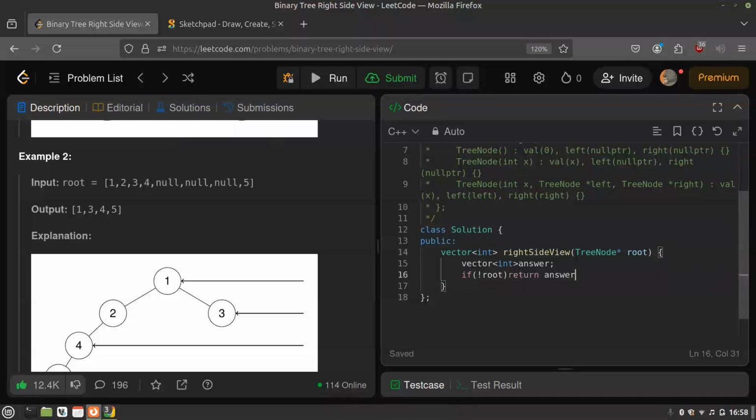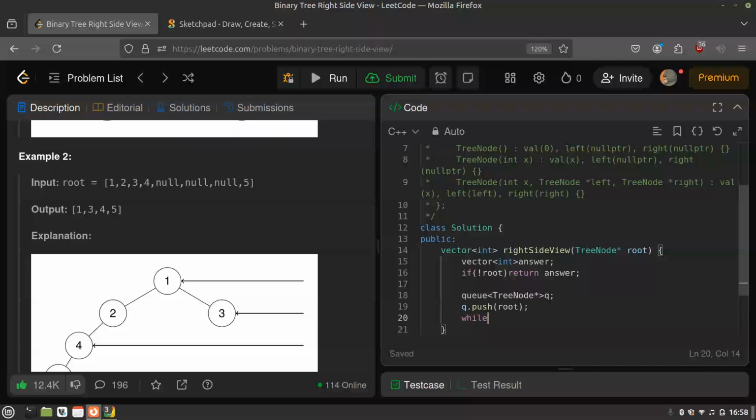This is an edge case. Solved it. Now we have to define a queue. The queue will hold tree nodes because we need to get the left and right subtrees, and that can only happen with the pointer. Push the root inside this,